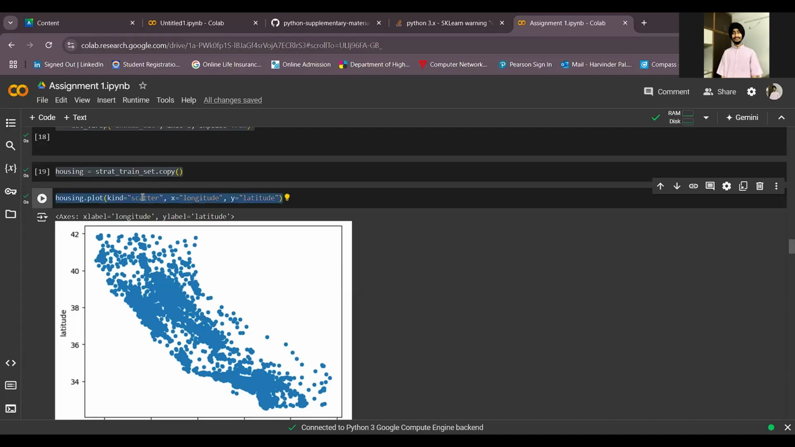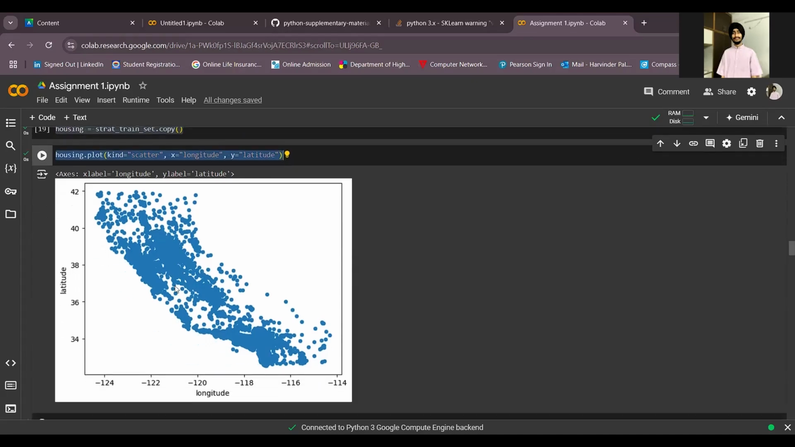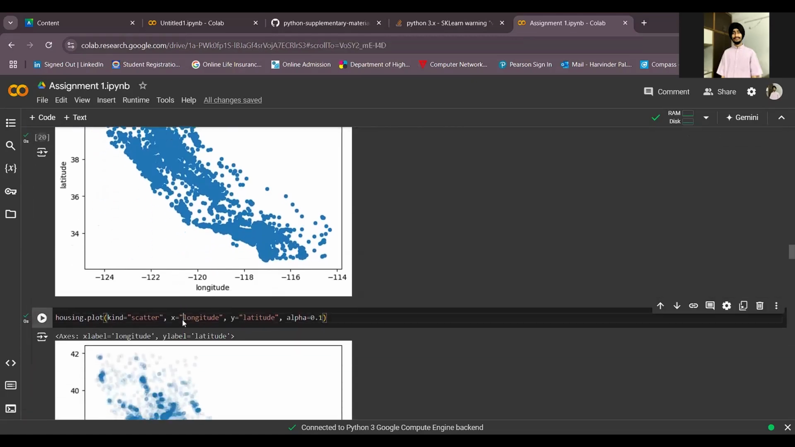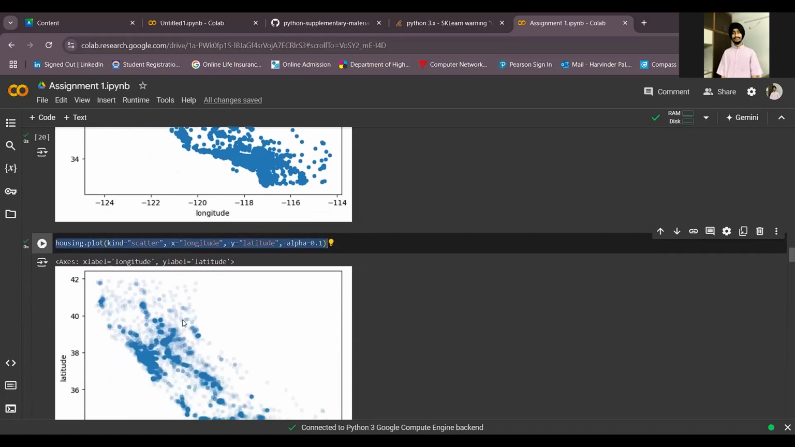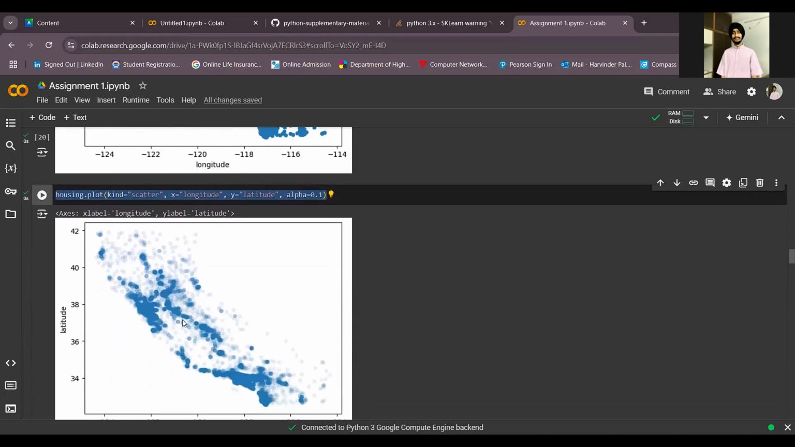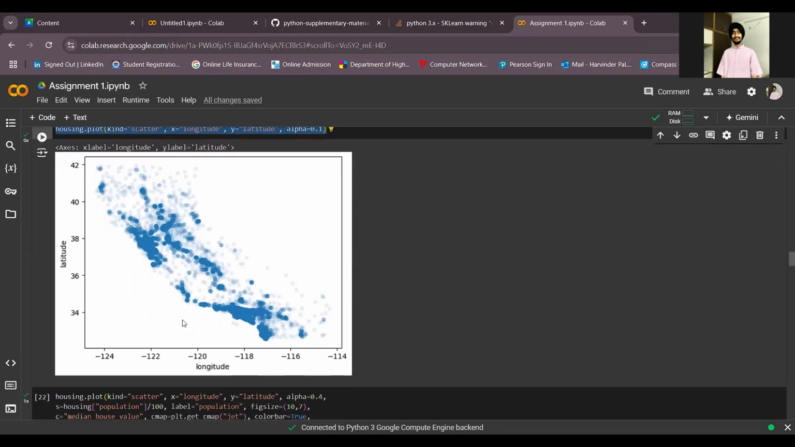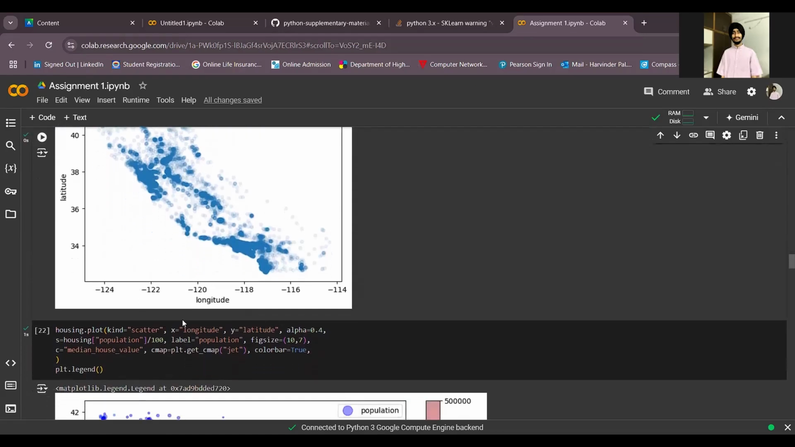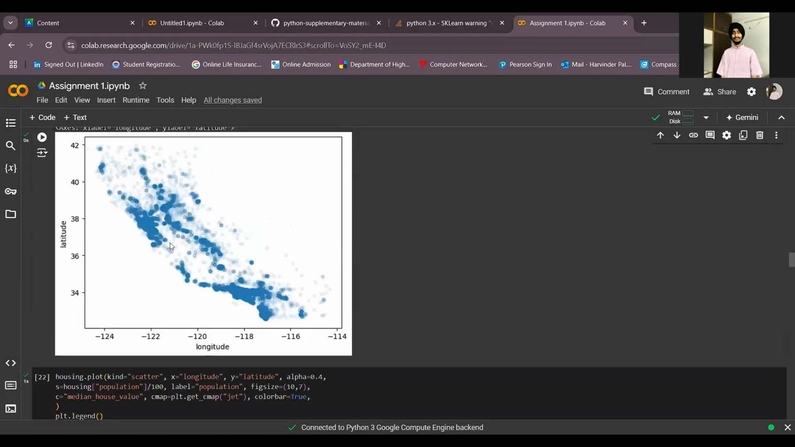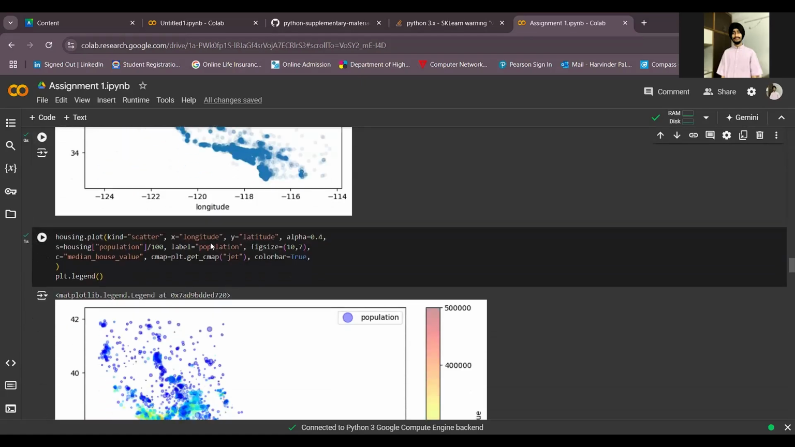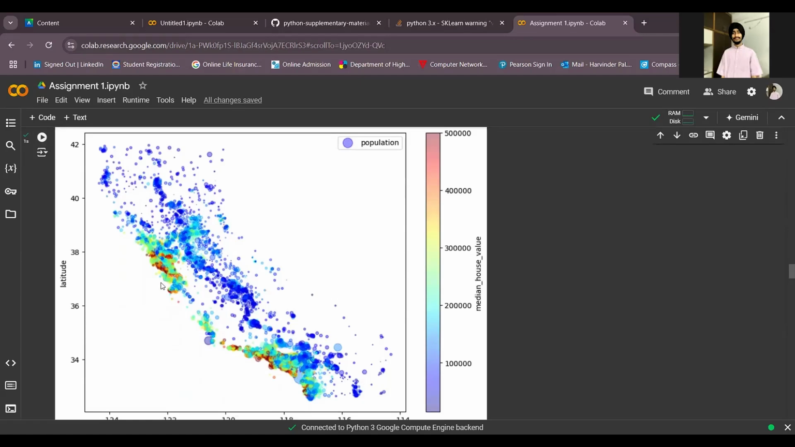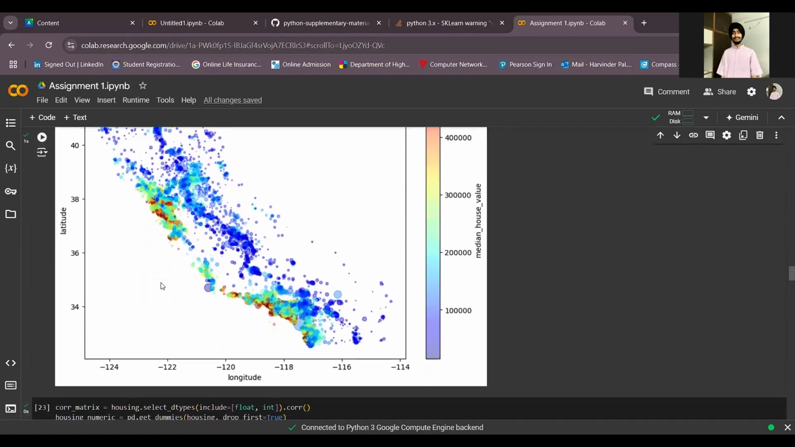Then we create a scatter plot to visualize the geographical distribution of housing data points. Then we again create a scatter plot using alpha equal to 0.1 to generate a scatter plot with adjusted transparency, allowing you to visualize the density of high data points more effectively. Then we also create a more detailed scatter plot to visualize housing data with additional information called population and